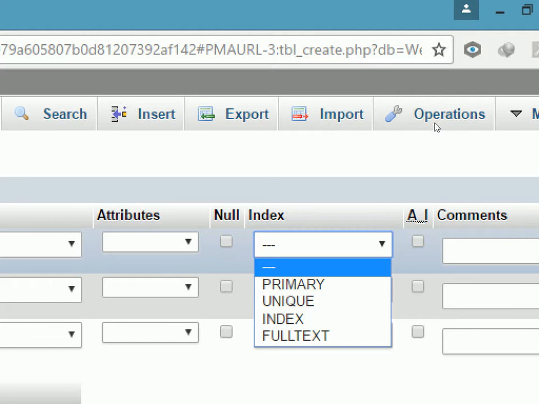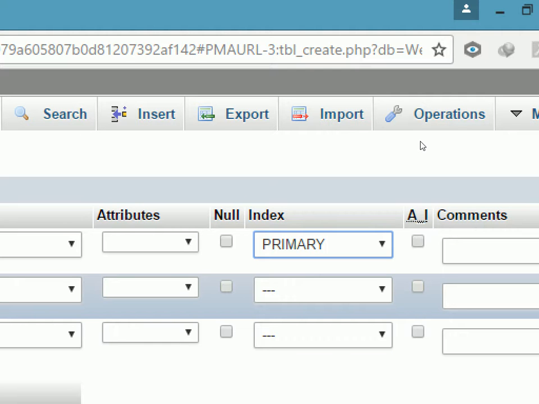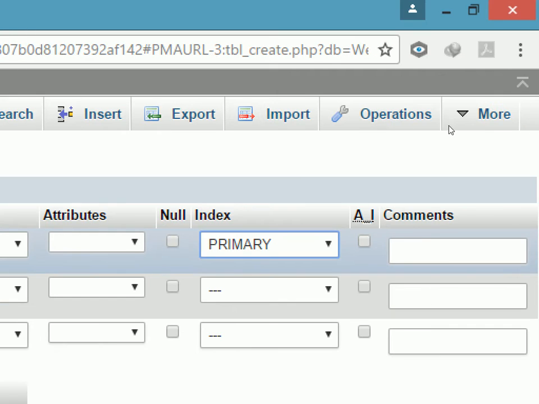So for index, make it the primary key. It is the primary key. It means that all the students have different keys. It is not possible that Ajmal's ID is 1, Ali's ID is 1, Muqsid's ID is 2, and Wahab's ID is 2. No, it is not possible. No two persons have the same IDs. That is the primary key. Now A.I., auto increment: automatically it will generate the keys 2, 3, 4, 5, 6